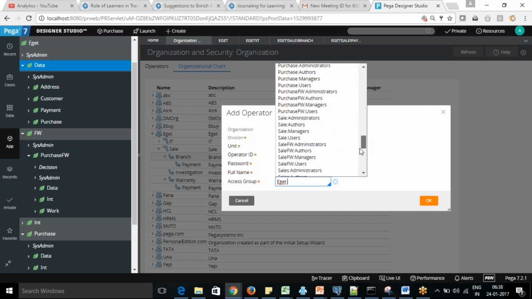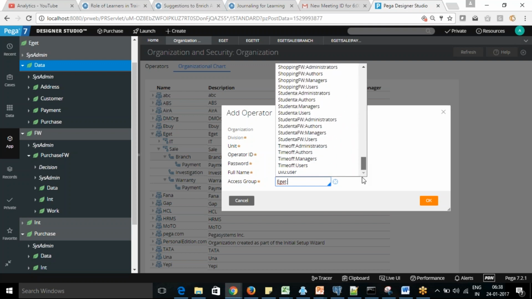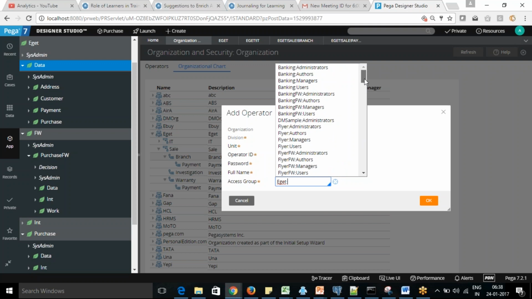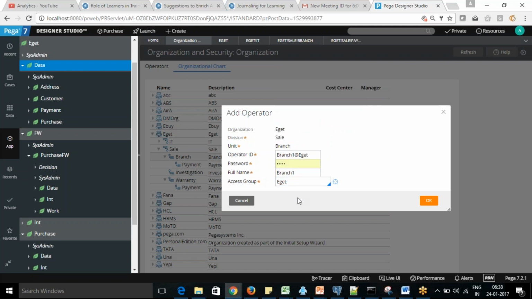Where is the eGate? eGate is not coming. It should get me the access group for the eGate.